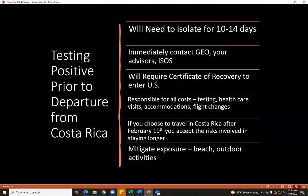You will be responsible for all costs related to a positive test prior to your departure. And that includes testing, additional testing, any healthcare visits, accommodations, and flight changes. So if you choose to travel in Costa Rica after February 19th, you're accepting certain risks involved in staying longer. And those risks could include testing positive for COVID and needing to find accommodations and healthcare while your advisors are